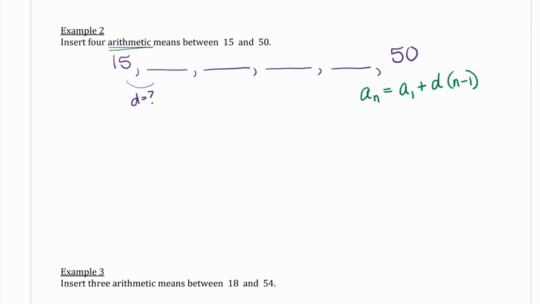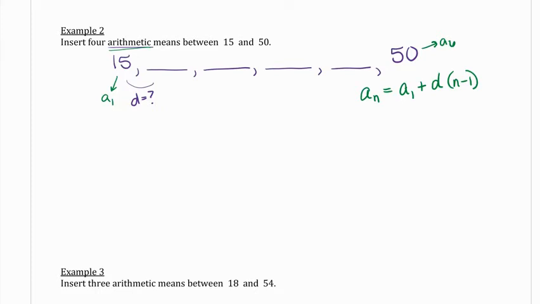Okay, so if I wanted to plug in some things I know here, well, I know the first term, right? This 15, that's a sub 1. I also know this guy, this would be the 5th term, right? Or no, I'm sorry, 1, 2, 3, 4, 5, 6. That would be the 6th term that I have in this sequence. So we can use those 2 terms and plug them into that formula, which will help us find out what